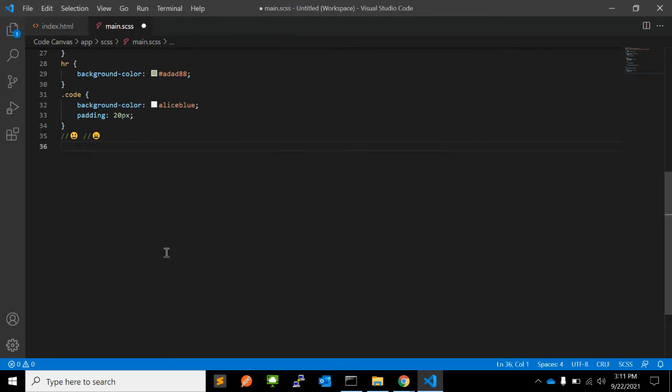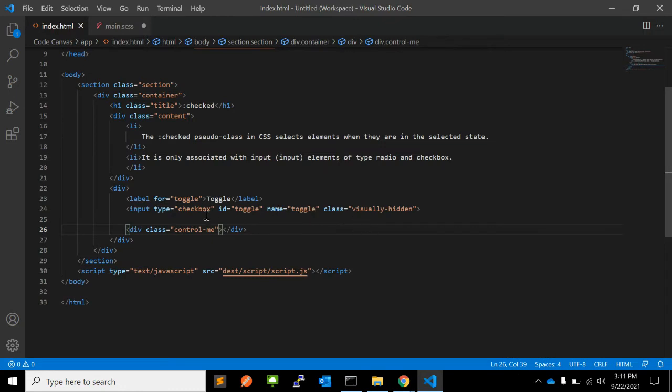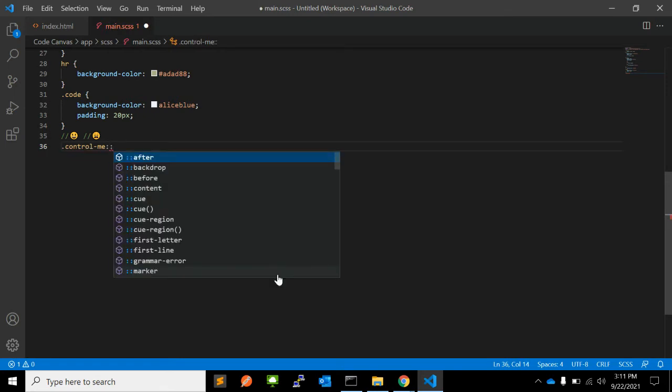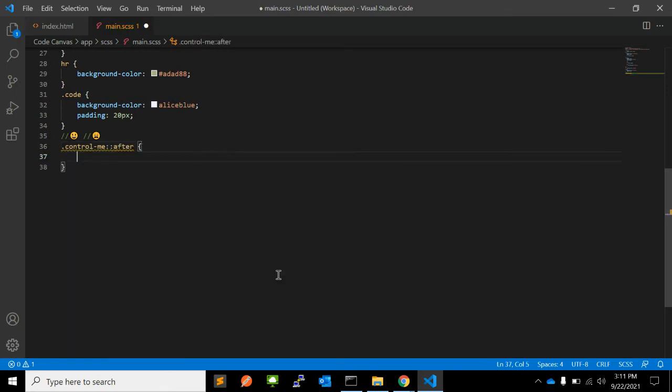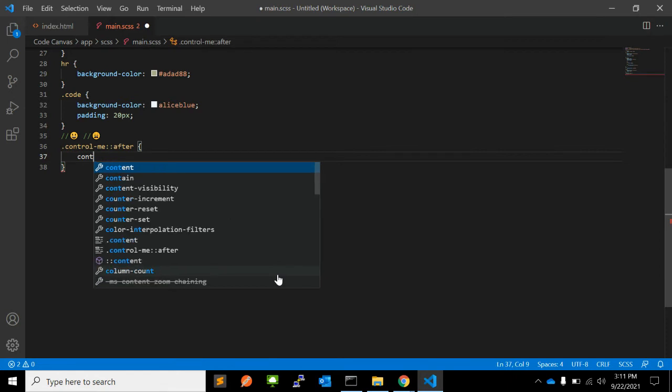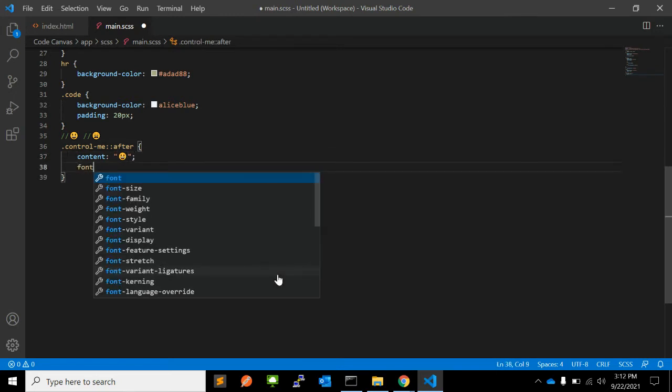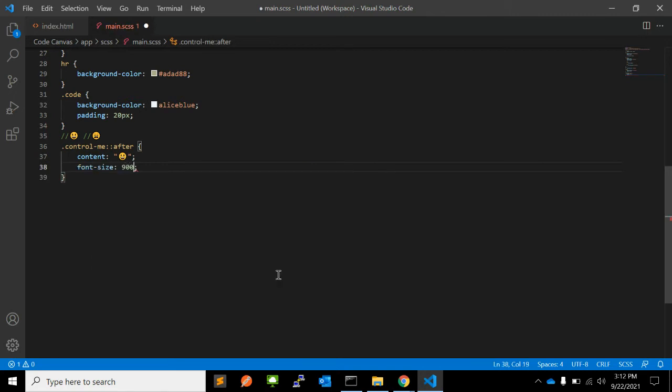Here we have a class control-me, for example. Using this class, I can add an after pseudo-element and content, for example, this smiley, and font size, for example, 90 pixels.